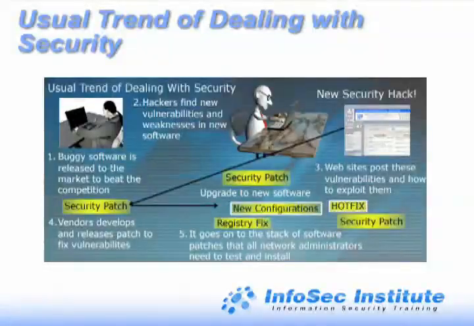Okay, basically just the vulnerability life cycle. A security researcher finds it, or a hacker group finds it or whatnot. The vendor then sees it. What they try to do is make a patch or hotfix. They release the patch or hotfix, and then an advisory comes out. So that's the biggest issue, is that